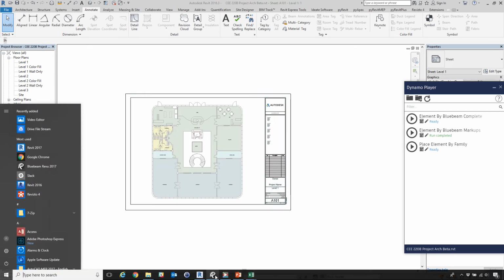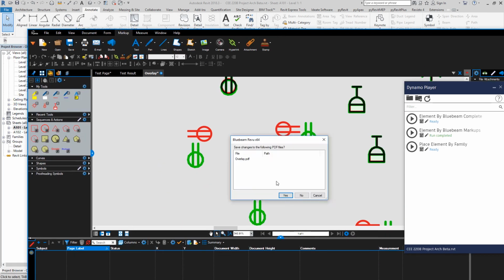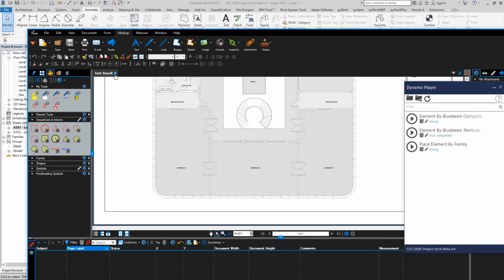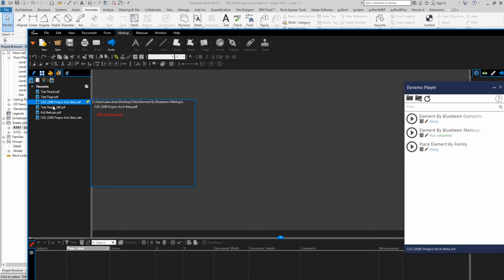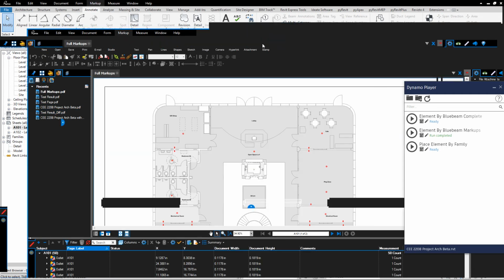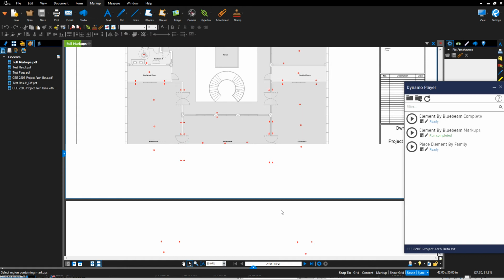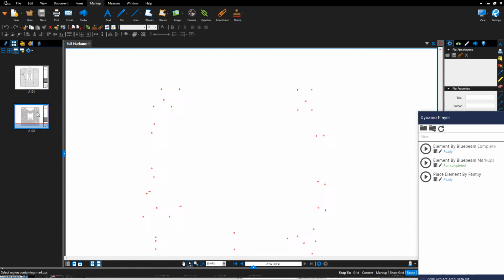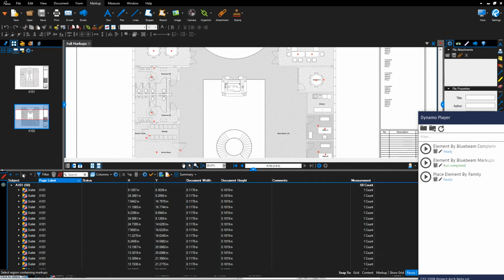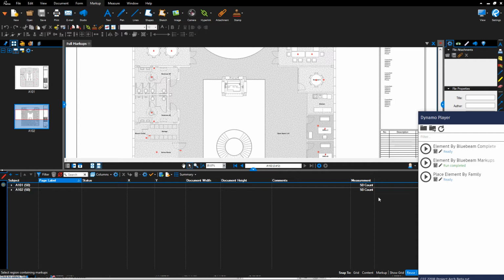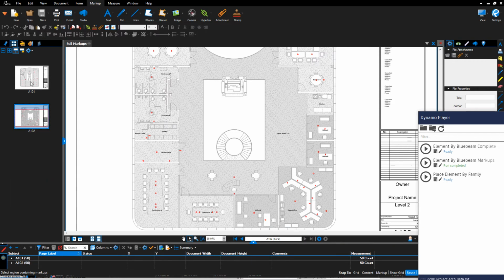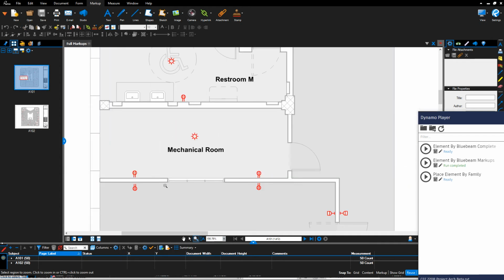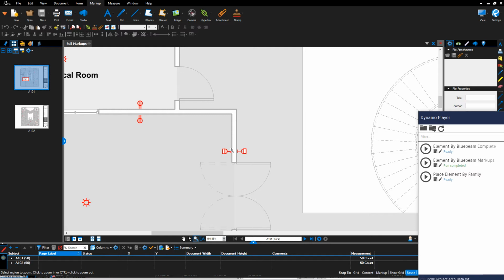Okay, before we try that, let's just review what our PDF looks like. So we're not going to use the test PDF anymore. Instead, we're going to use this full markup one. Notice I have two pages over here, A101 and A102. In total, I have 100 elements placed in these views. The outlet on the wall, the card reader by the door,